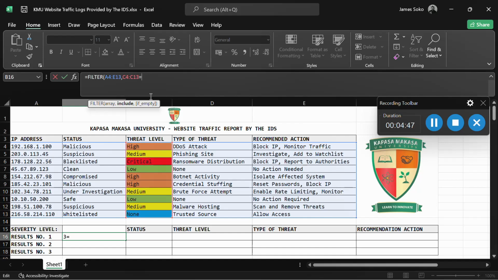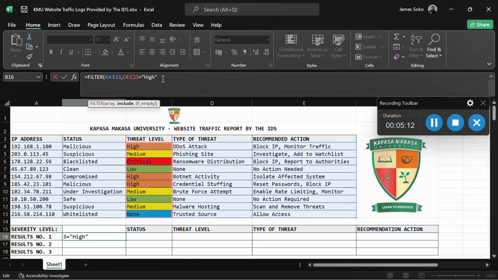What value am I looking for? If I want to see all levels which are high, I'll use double quotation marks because it's not a number, it's a string. Then I type in the value, which is high. So we are trying to filter out in this search only those things which are indicated as high.